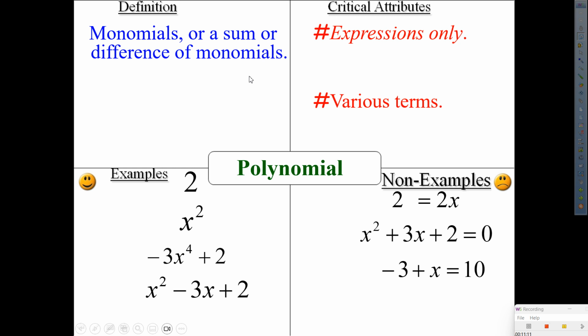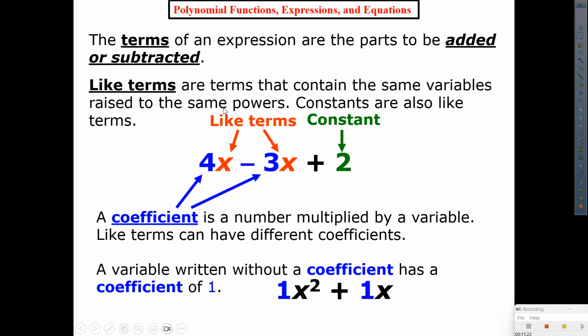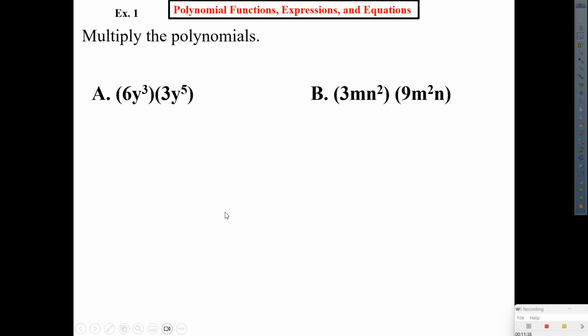Who wrote expressions? Yeah, expressions also. Okay, good. And just a reminder, stay off those cell phones. Please. All right, and we already know what like terms and constants are. So according to the video that I left you,